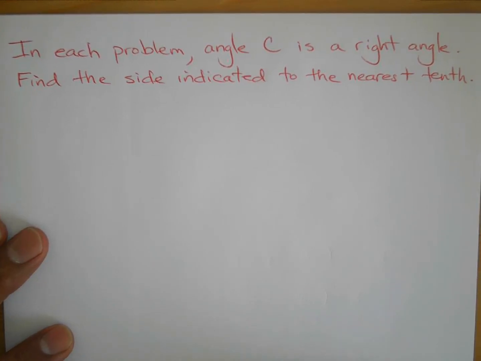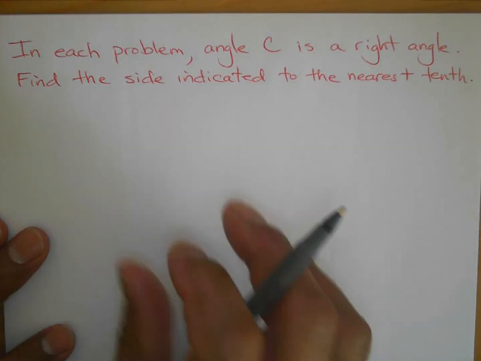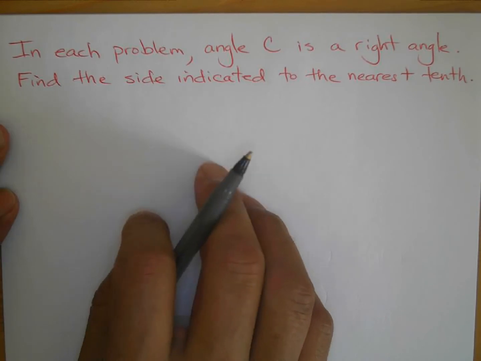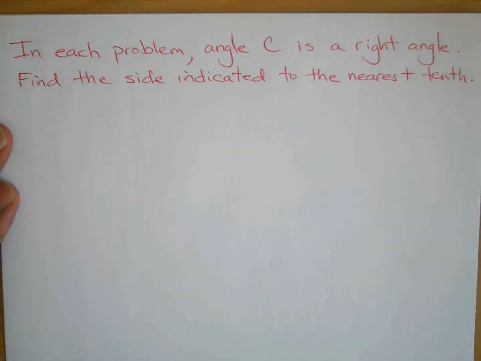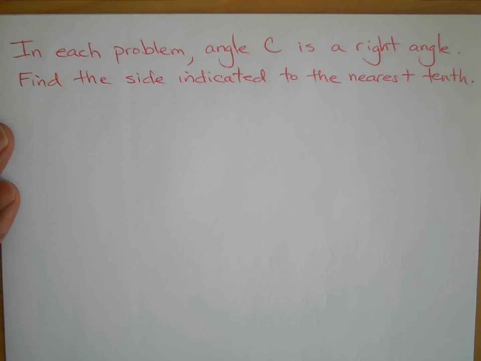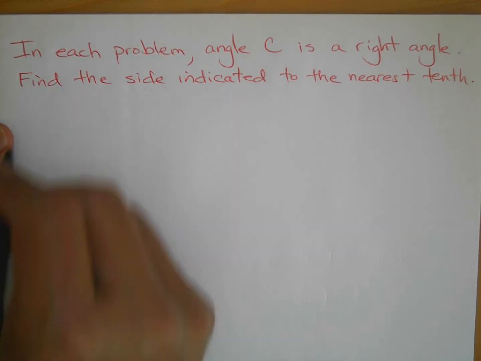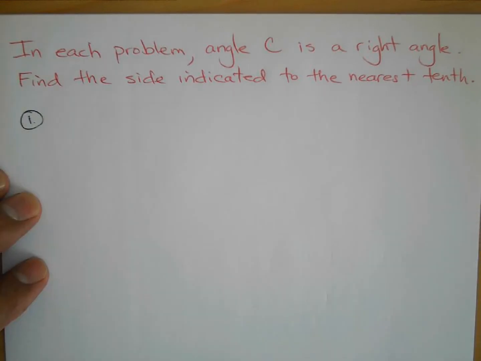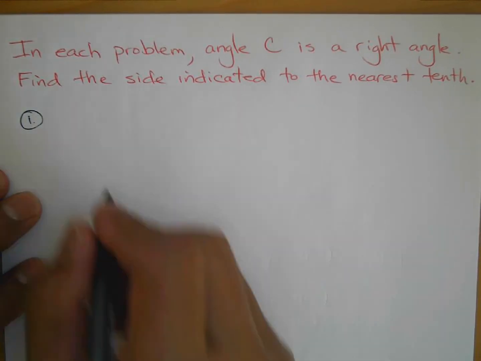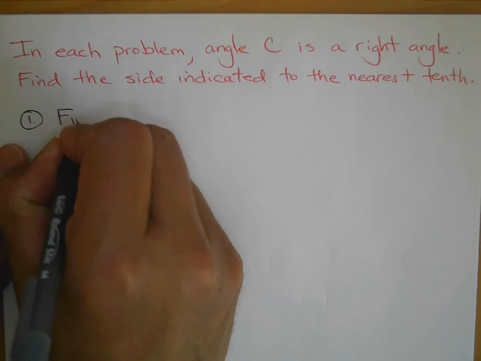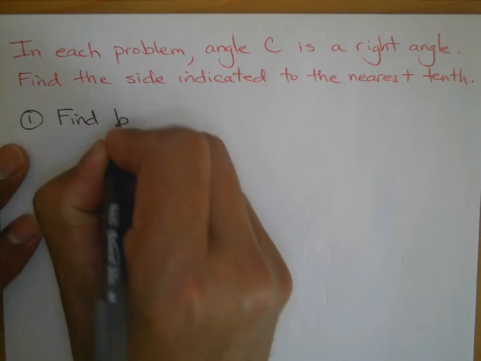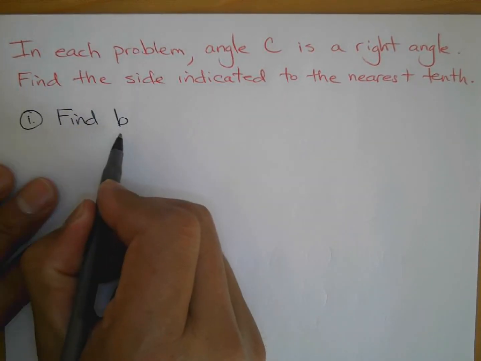So the only thing different here is that instead of them actually giving you the triangle and labeling everything in the angles, they're not going to do it. It's the same type of problems, but it's not directly given to you. The triangle's not already drawn. It's just going to do something like this. It'll say find B, side B, lowercase letters for sides,